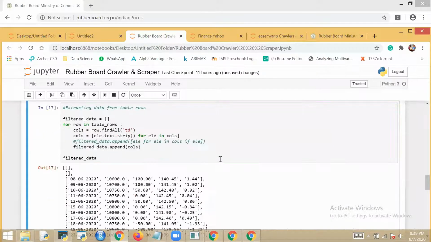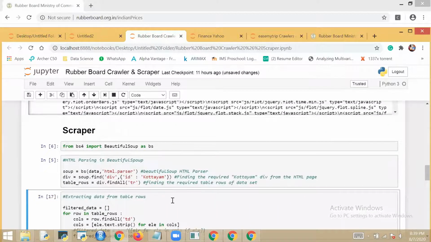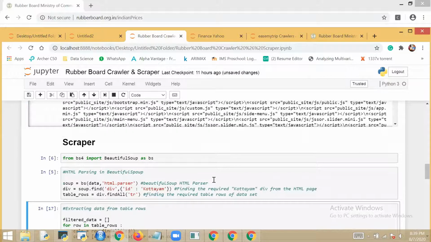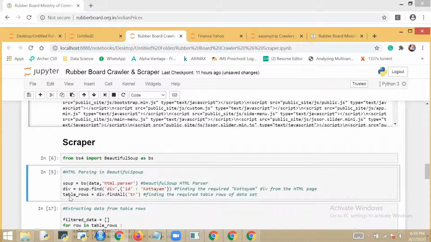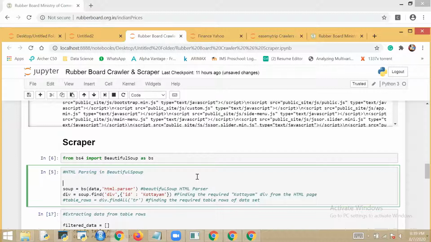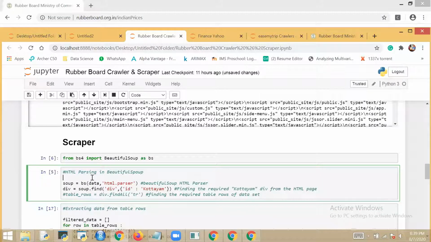On top of this data, what I've done, I will find only this. Let's say I've created a Beautiful Soup object, and I will search div by ID. It's a format. For whoever was not there in the previous class, this is the way to extract data.